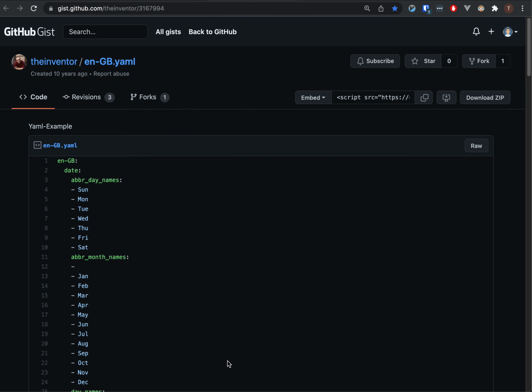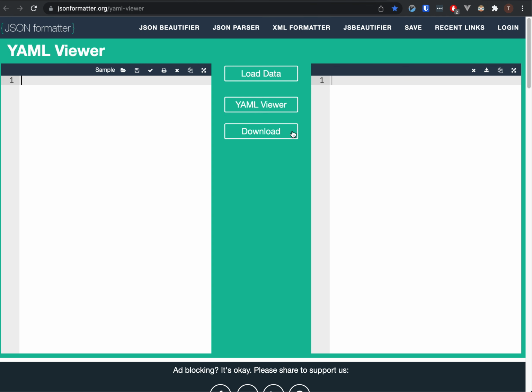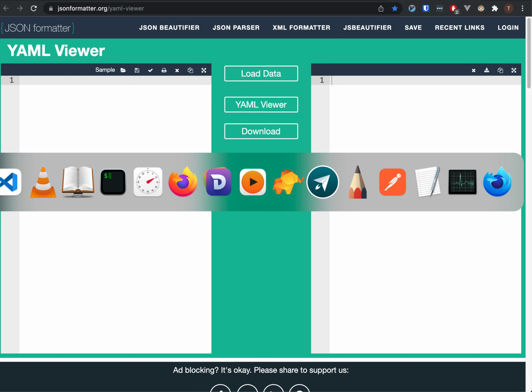Let's see one more example. So you could also have language translation. So you have, like, this is English, and you have key values, and then you could have the translations for French, for Spanish, Chinese, etc. Right? Cool. Yeah, and what we'll also be using is this YAML viewer, just to parse YAML and see what the tree looks like. And the second thing we will use is also a